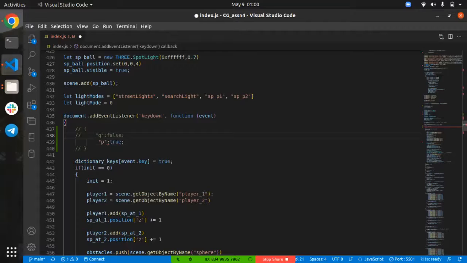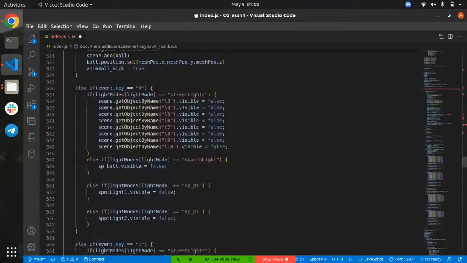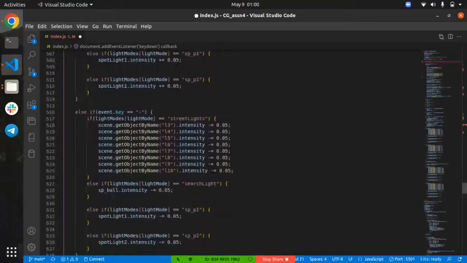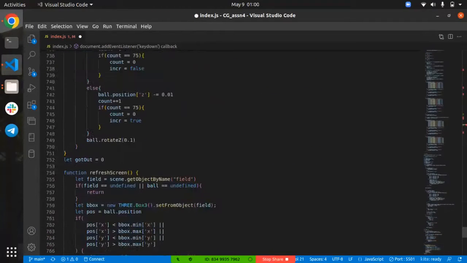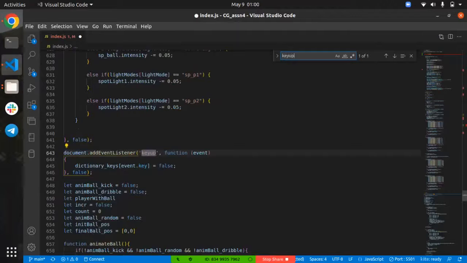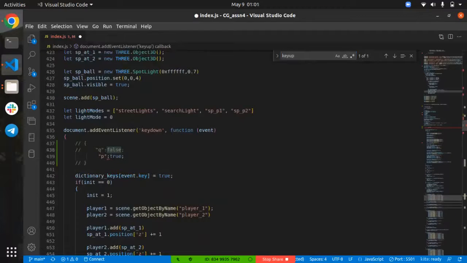This will happen when Q is released, that is, when our code detects a key up. We do that here, I'll show you. So we detect key up, and if so, then we set its corresponding key value pair in that dictionary to false. So the value for corresponding keys might be true, might be false. And if the key value pair already exists,